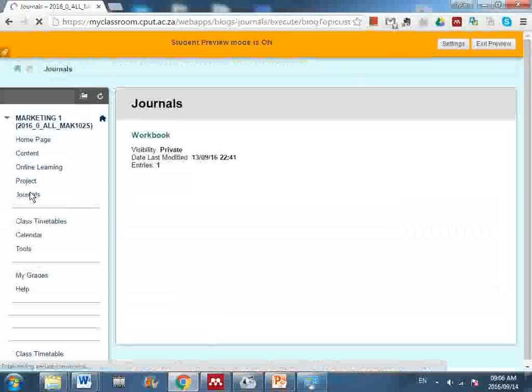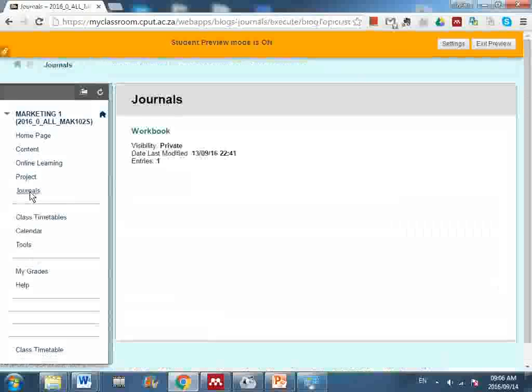Remember I said that you need to have a workbook that you write everything in. Now, it's a bit, what's the word I'm looking for? Impractical for me to take in everyone's workbooks, and then I've got to find what you've written about, and I've got to look through your marketing and your English and your accounting notes to find your marketing notes. So, no, and then I have to try and figure out your freaking handwriting. So it's just too